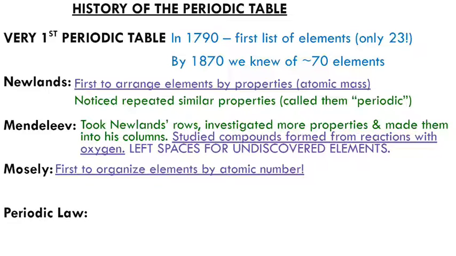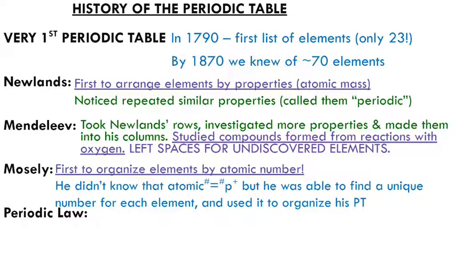arrange the elements by atomic number, which for the most part corresponded to the atomic mass, but there are a couple of key differences there. And he didn't actually know that the atomic number he was using was the number of protons in the nucleus, but he was able to find this unique number for each element, the charge of the nucleus, and use it to organize his periodic table. So just know he was the first one to use the atomic number to organize it like what we use